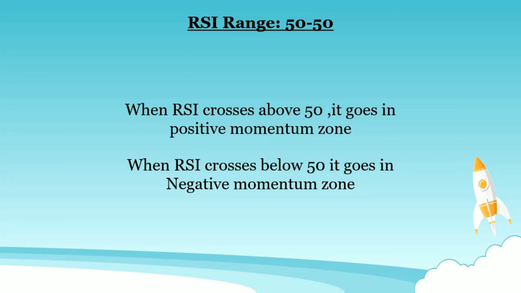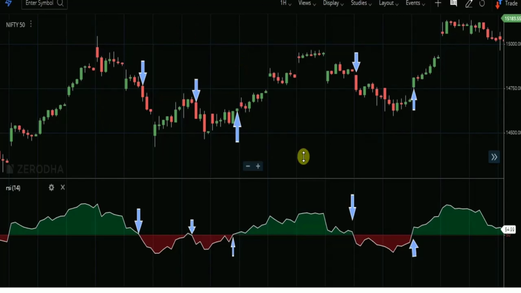When RSI goes above 50, we see that a momentum has started, so we look in the positive direction, and when RSI goes below 50, it goes in the negative direction. Now let's see some examples. Now in this chart you can see